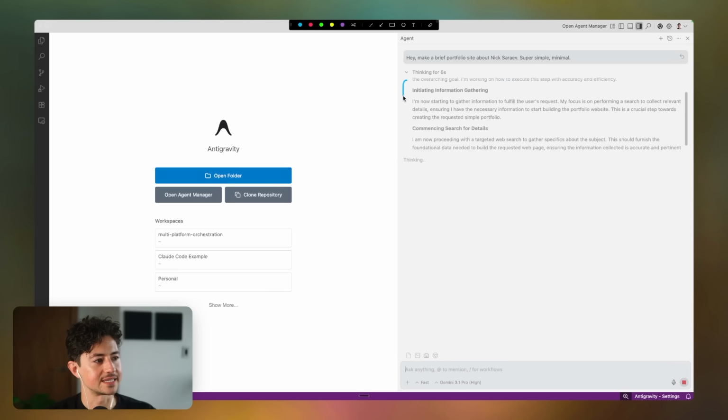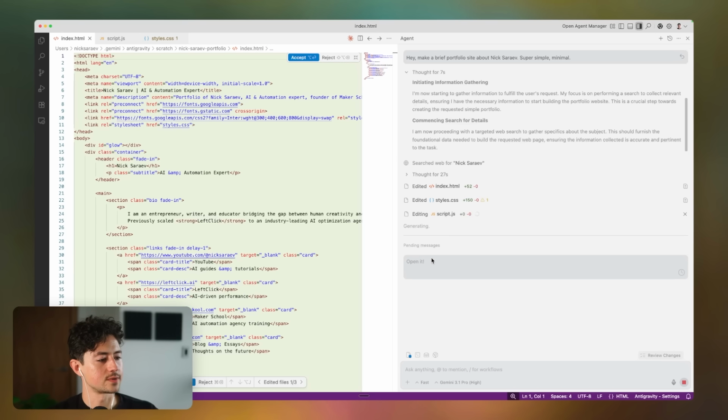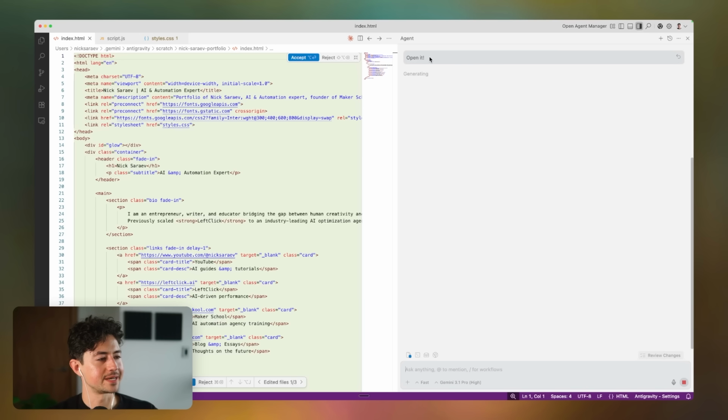We have this little thinking tab. It tells you how long it's been doing it. If it has to do any web searches, it does so over here. Hopefully you guys are seeing these are all just flavors that are slightly different, but ultimately are the same thing. I'm just going to write open it. That'll be added as a pending message, and then it'll open this up in a browser tab.